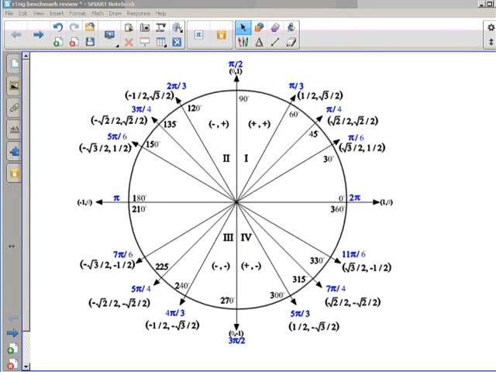Hello and welcome to our review of trigonometry from first semester pre-calc. What you see is the unit circle with all of the special triangle or special angles identified in radians and in degrees, with the trig ratios out there at the points. The regions,